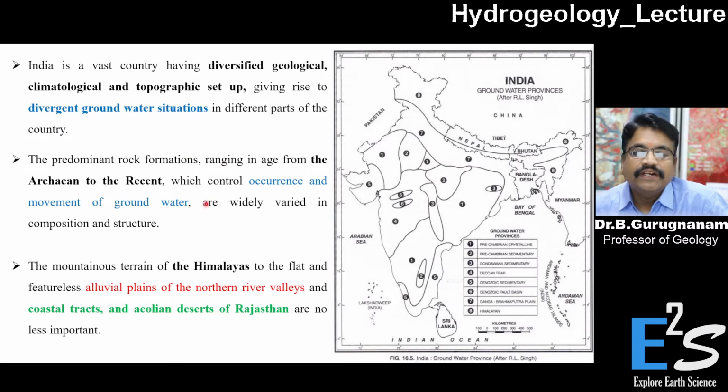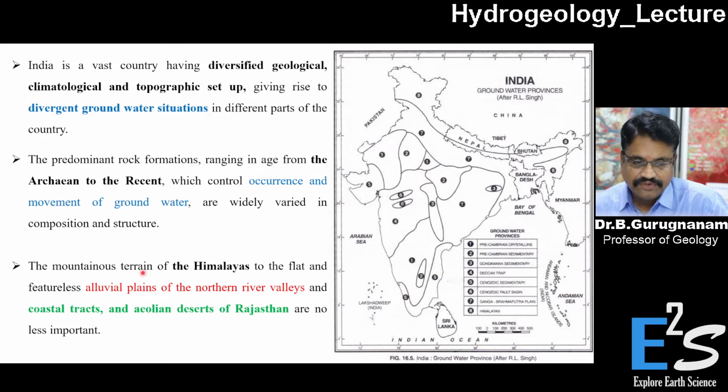This is the first slide of groundwater exploration. It was prepared after Oral Singh. India, as we know, has a diversified geological, climatological and topographical setup. This gives a divergent groundwater situation at different places in India. The prominent rock formations range from very old to recent, Archaean to recent. The different rock types control the movement of groundwater, and they vary widely in composition and